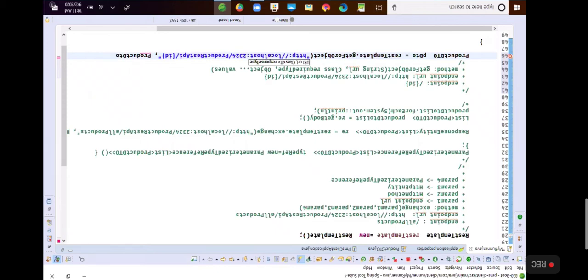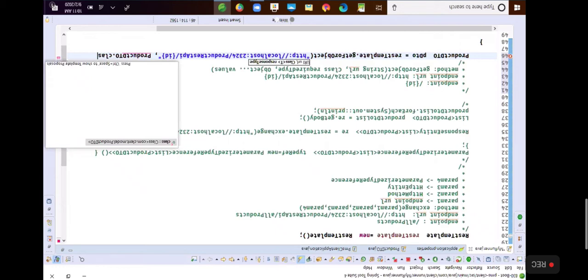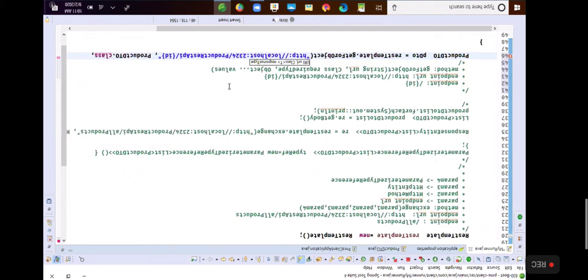So remember, it is not a generic type, it is just a single, normal type. And the third parameter is going to be values to the URI variables, path variables. The value for the URI variable ID, say for example, I would like to pass 102.